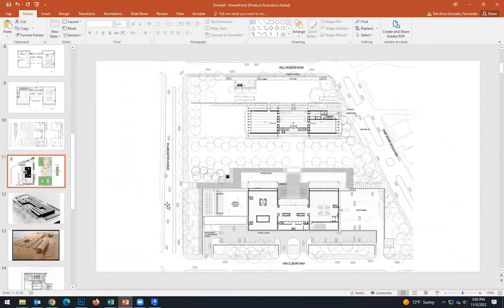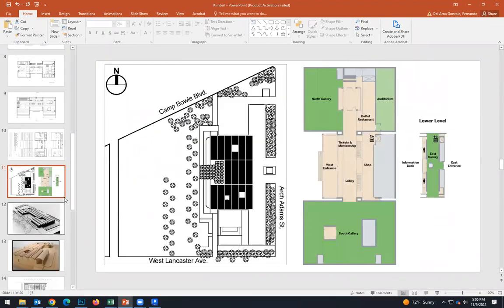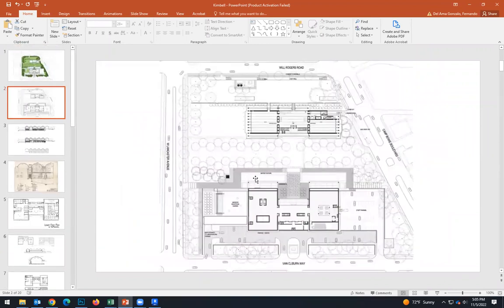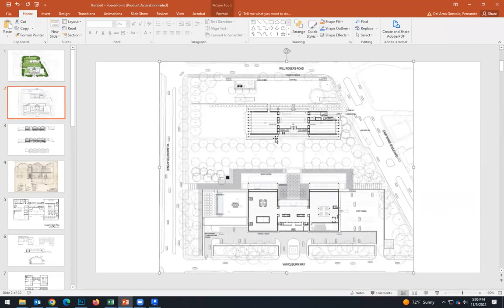We need a site plan. Here we have different site plans, but we want you to include this. You don't have to model this building, just the volume. So we don't have to model all the walls and interior partitions, but just the volume of this building is important, and the surroundings. So we will be working with this site plan. And then what can we do? Okay, so I'm going to copy this one,